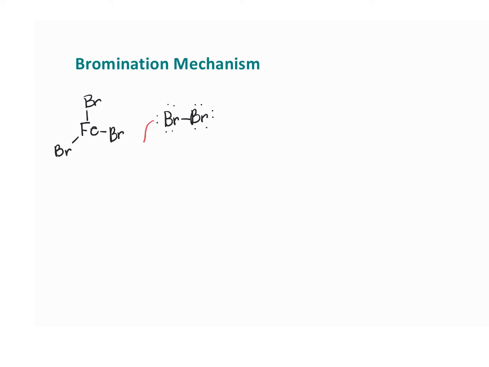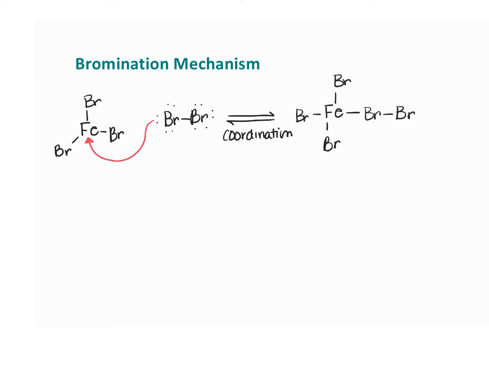These electrons are going to attack that iron through a coordination reaction, and it's going to form this complex here. So let's look at some charges. Iron was uncharged before, it now has a negative charge. The bromine here now has a positive charge because it has two bonds. And then this bromine over here has